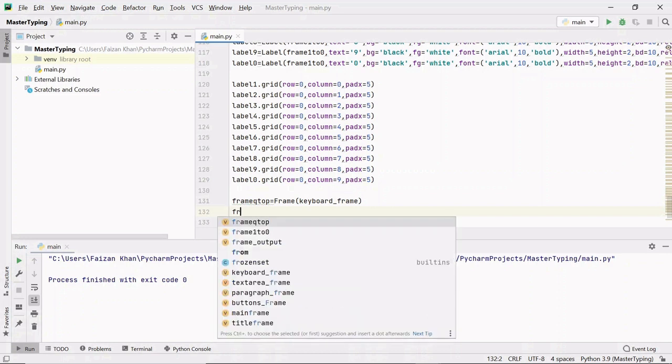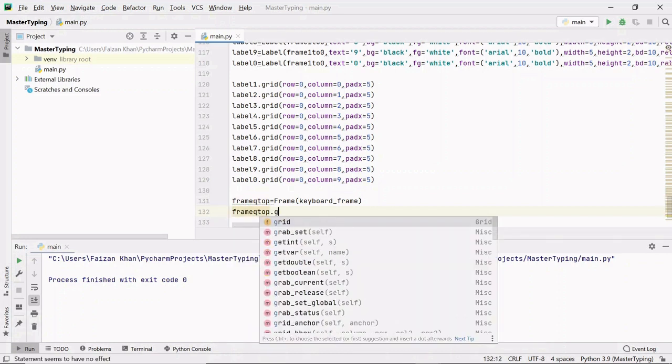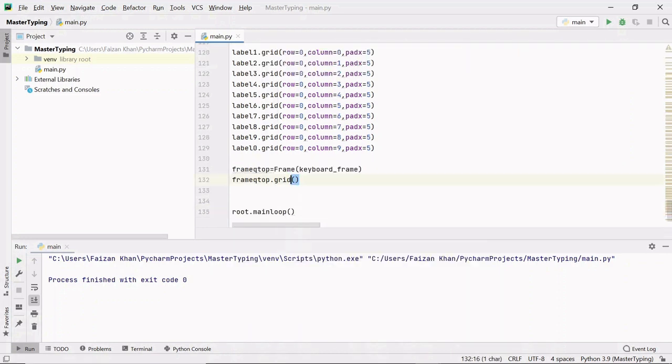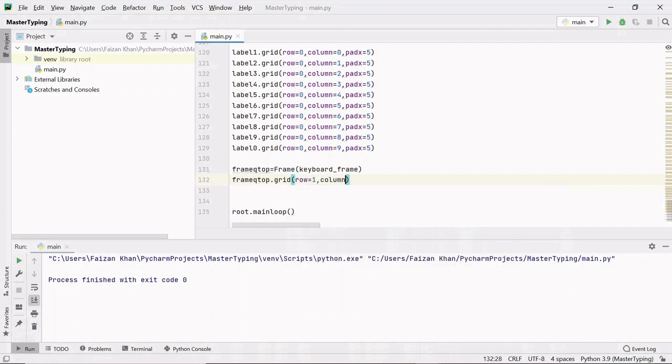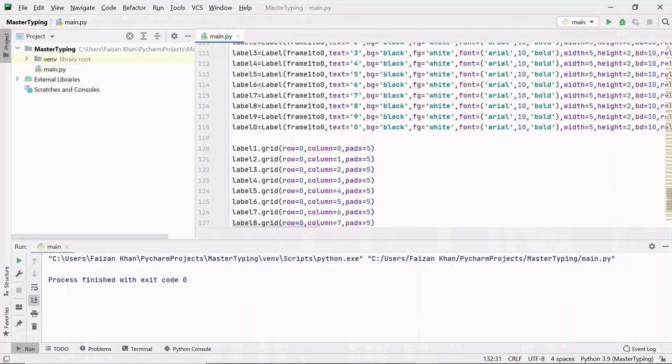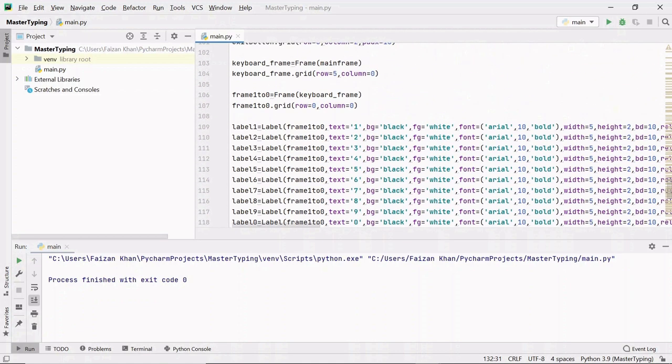After that let's grid it with the grid method. This frame is the second frame getting added inside this keyboard frame, so row will be 1 and the column will be 0, as we already added frame_1_to_0 at row 0, column 0.